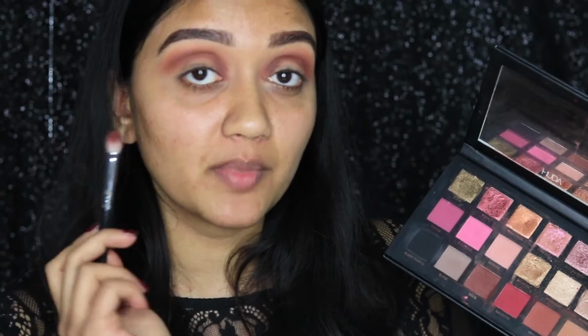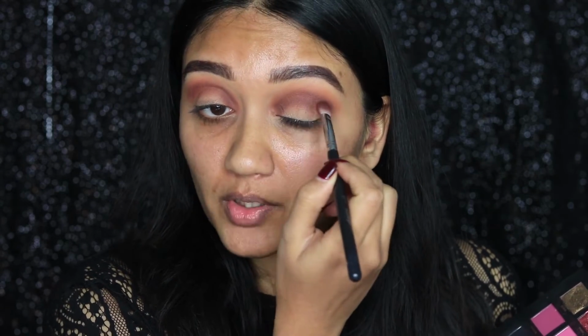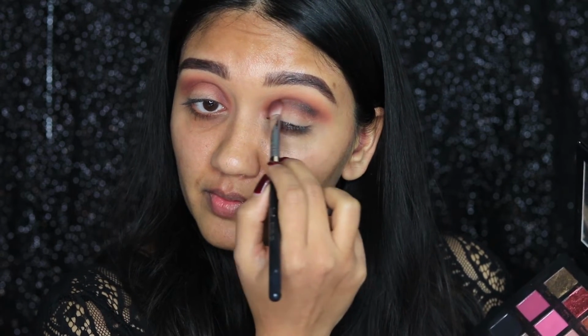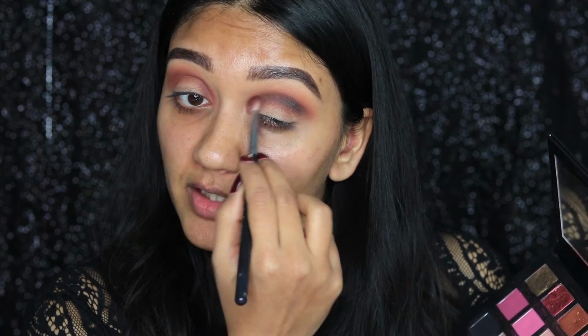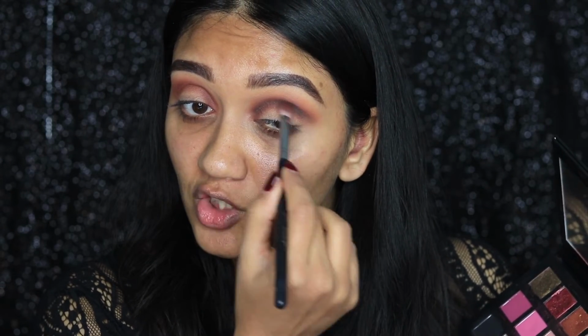Next, using the same Sigma E25, I'm just going to dip into this shade Black Truffle. It's basically a black eyeshadow, and I'm going to start to deposit that into the crease as well. This was just one time that I have dipped into the eyeshadow, and I'm just creating that shape, following the